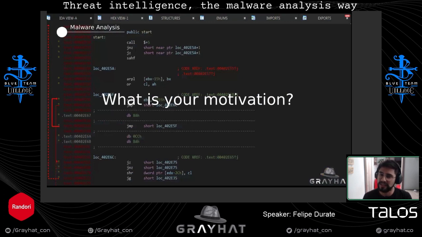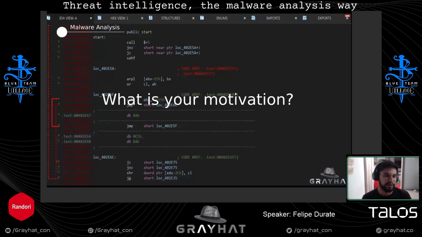If you are analyzing malware without any real reason, there is no purpose in doing that. You are wasting your time at some point, because you are going to feel that there are a bunch of lines of code, but you don't know where to look. That's something you need to have in mind.